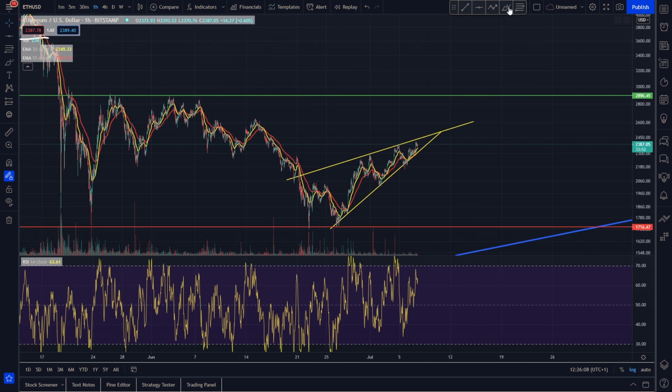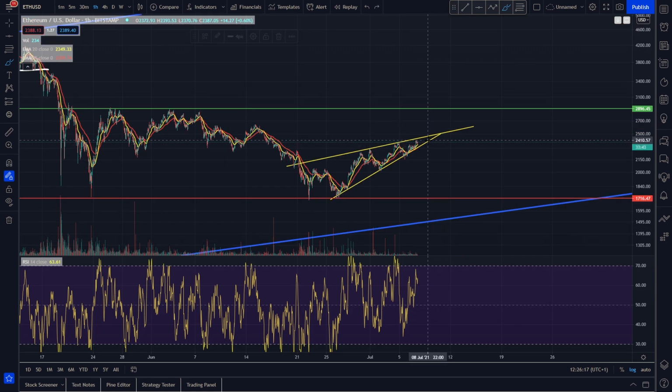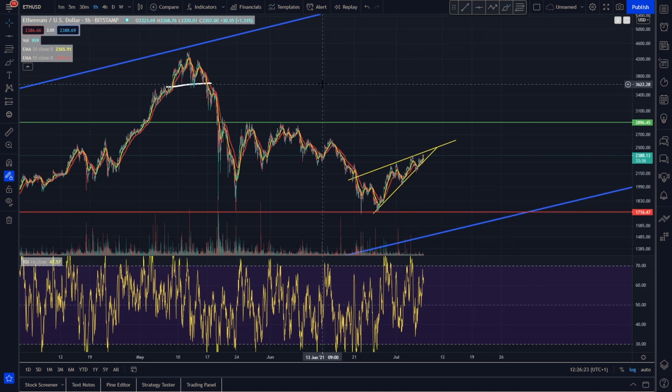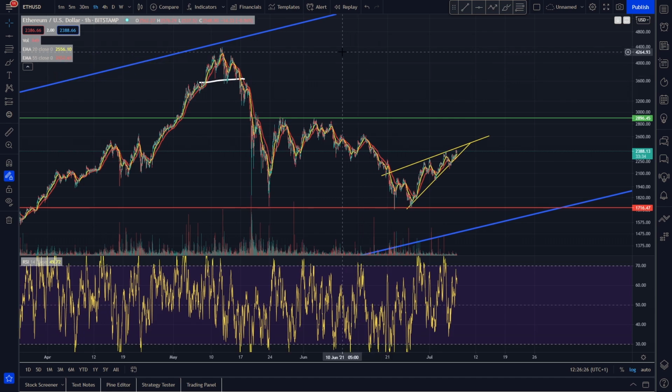As you can see, if we started breaking up above this resistance that we've been under and started retesting it as support and breaking upwards, that's obviously a good sign. But we could just as easily break the support here and then start rolling over and doing something like this and reversing the trend. So obviously in the short term, things are very volatile and it's difficult to know what's going to happen.